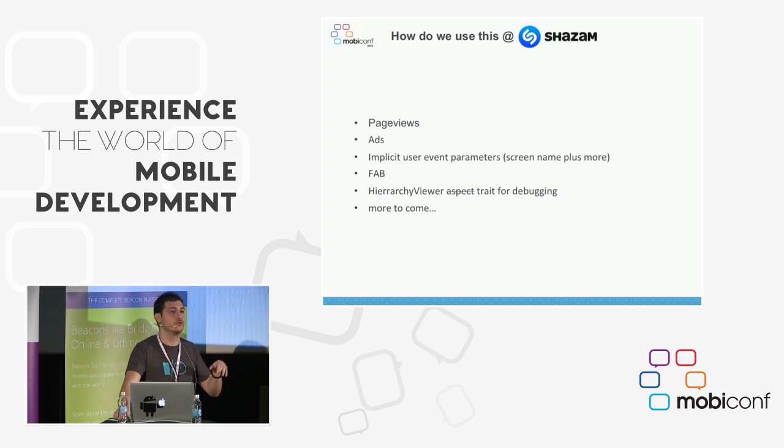And that runs a local server on your device that the hierarchy viewer can connect to. That is perfect for what this library does. You have to do something in some callbacks of an activity or fragment, this is what you use. So we have that trait, and whenever we need to use it, we annotate a class and it works. And of course, more to come, we always find new use cases for it.